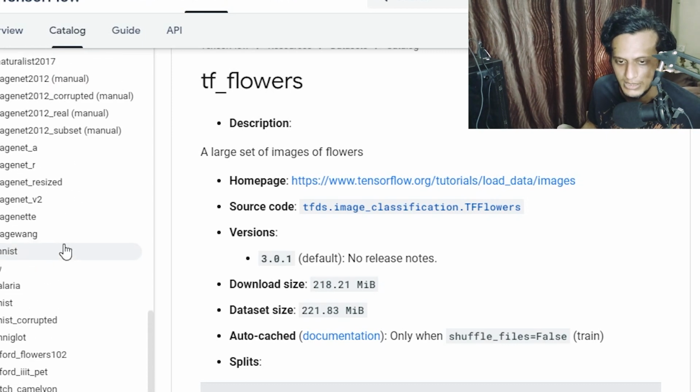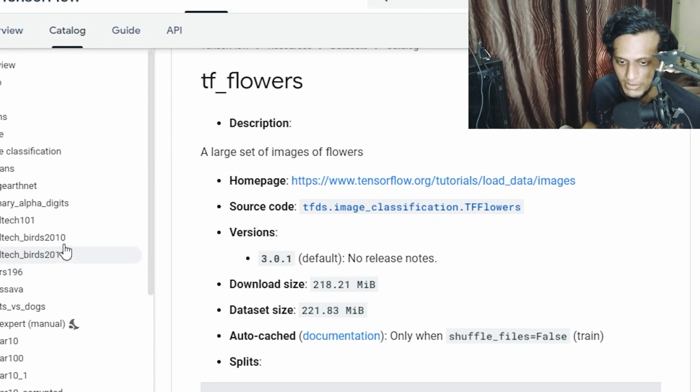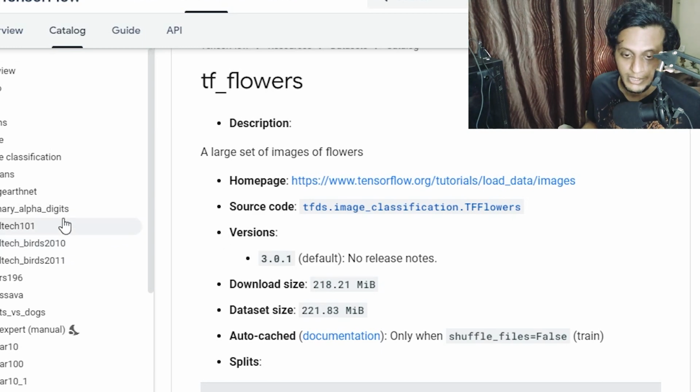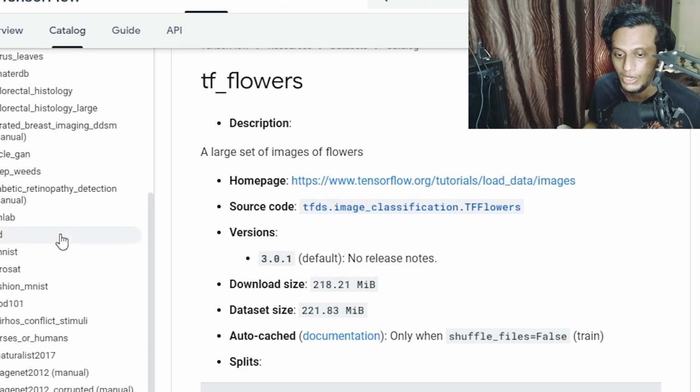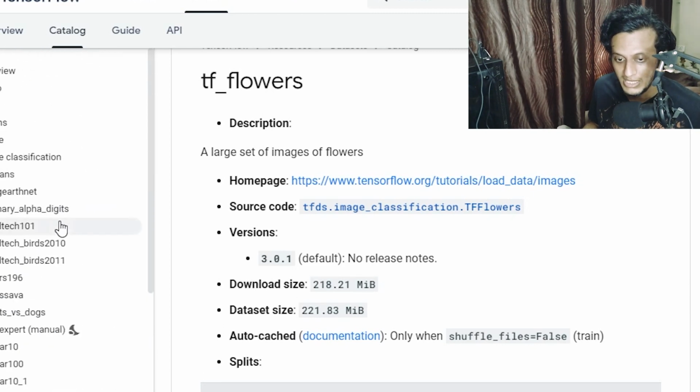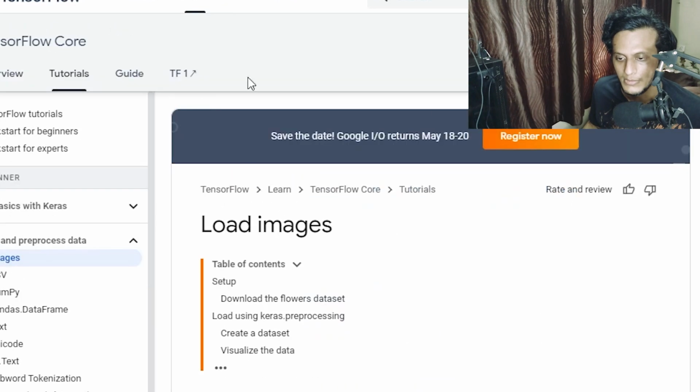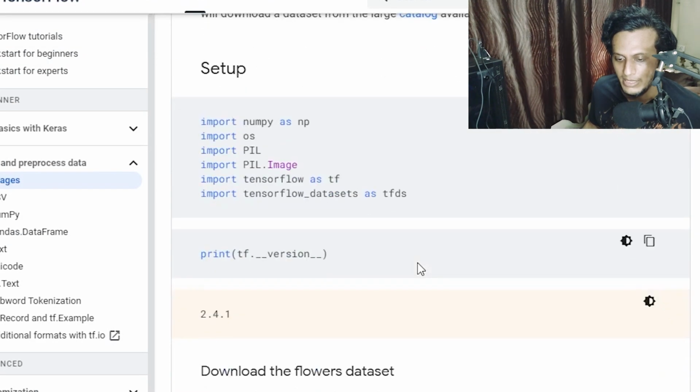If we check the image classification problem, these are the datasets that are available within TensorFlow itself. TensorFlow datasets gives you a lot of datasets for image classification problems. Our goal is to have an appropriate link that we can interact with. So I'll go to this home page, and here I will have a link.